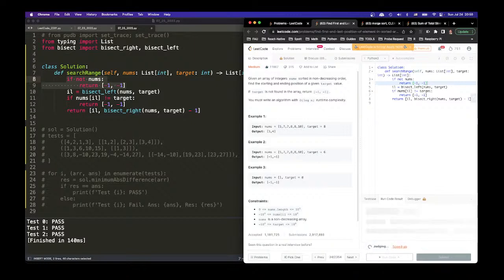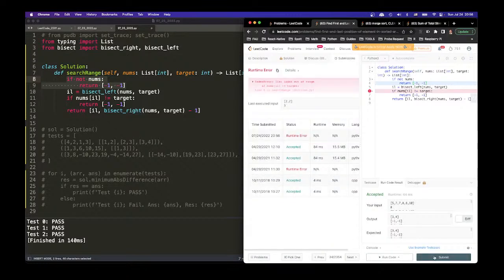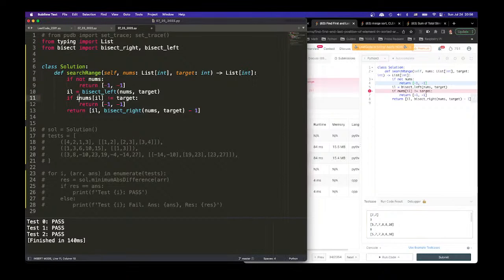Yep. Oh, wow, back then I used CPP. Oh! The heck is this? 2 and 2. What's bisect left? Oh, shoot. Yeah. So I just say if this is equal to, oh yeah, if it doesn't exist,